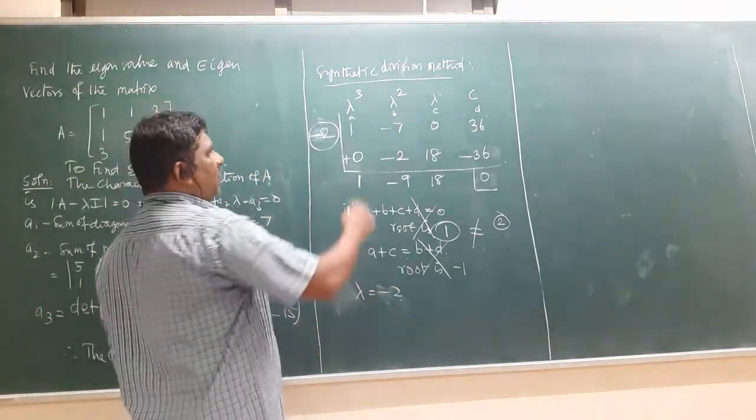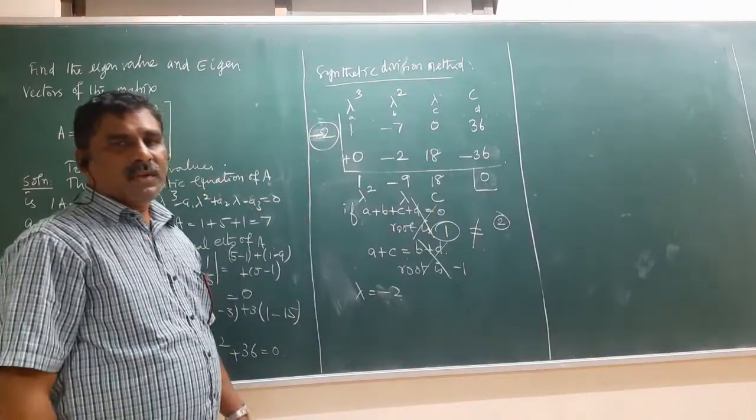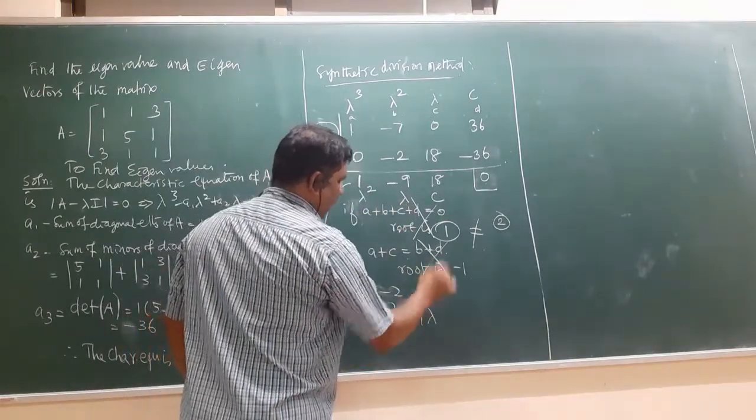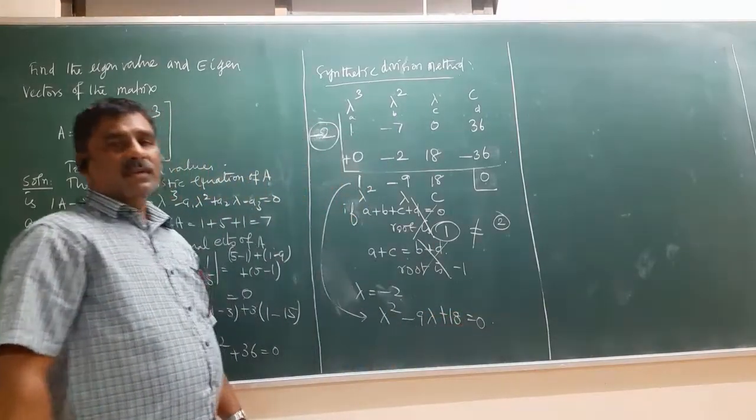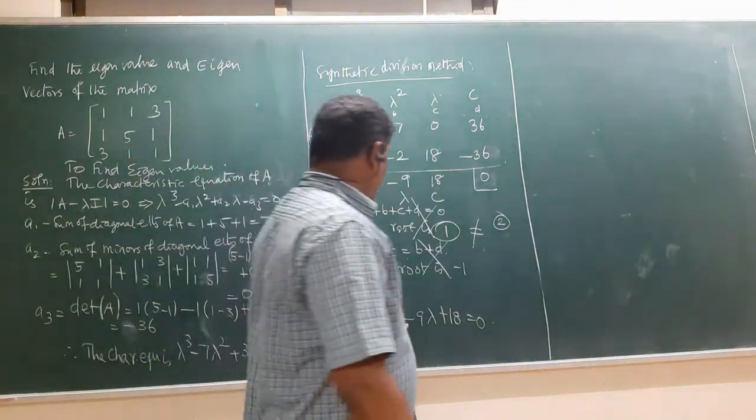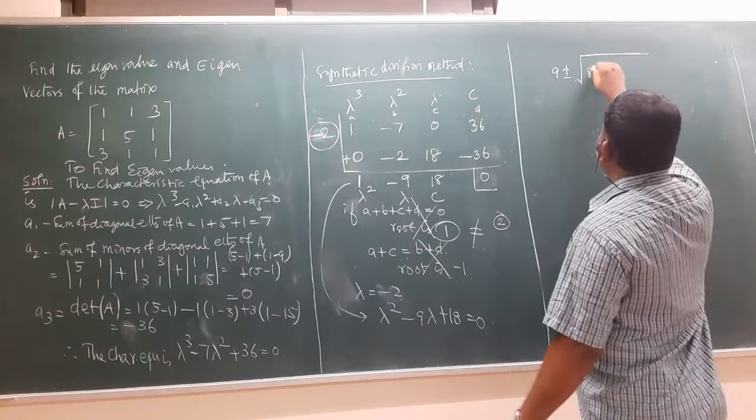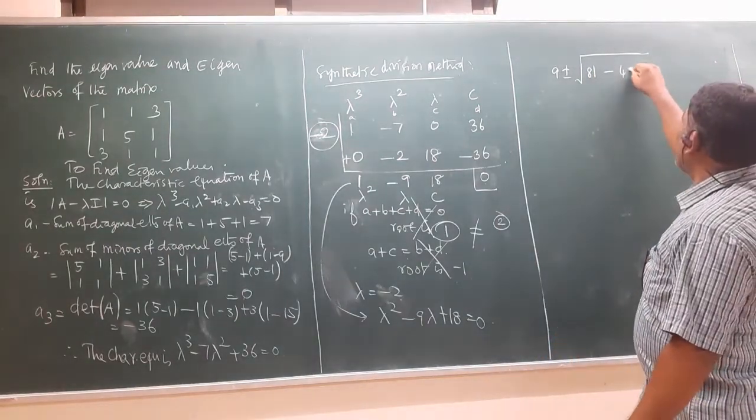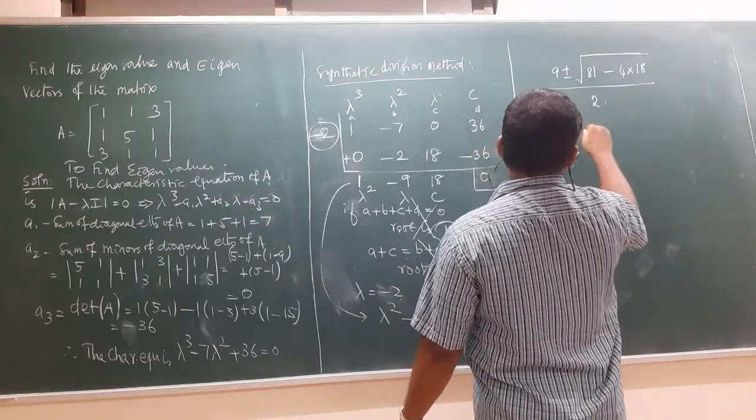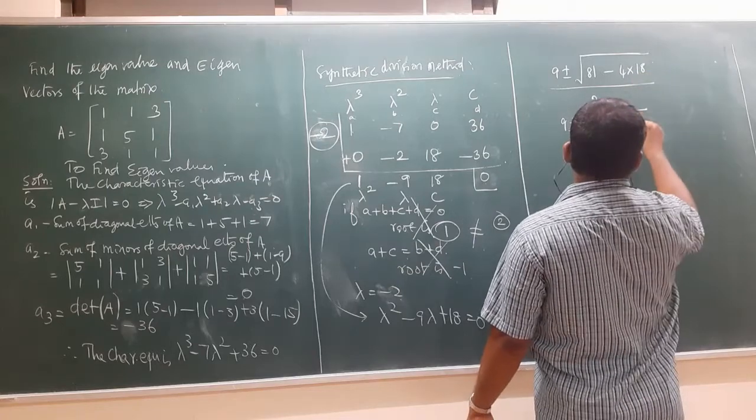Next, we reduce one power here. This should be the coefficient of lambda square, this is the coefficient of lambda, and this is a constant value. So this equation becomes lambda square minus 9 lambda plus 18 equal to 0. Solving this using minus b plus or minus root of b square minus 4ac by 2a: minus b here is plus 9, plus or minus square root of b square, which is 81, minus 4ac, 4 into 18, divided by 2a, where a is 1. Therefore we get 9 plus or minus square root of 81 minus 72